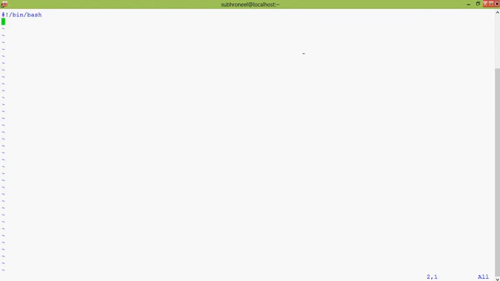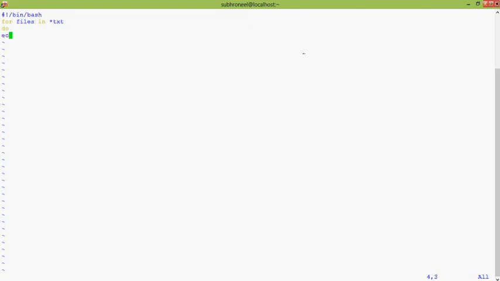Now we will write a shell script to access all the files ending with a certain text. Here we will display the name of all the files ending with txt.